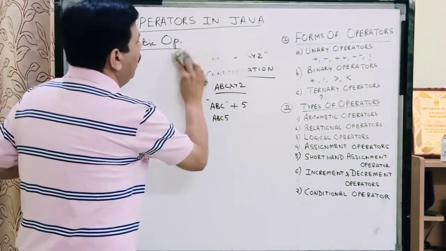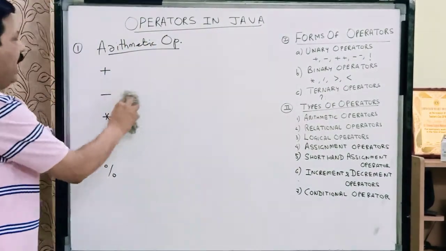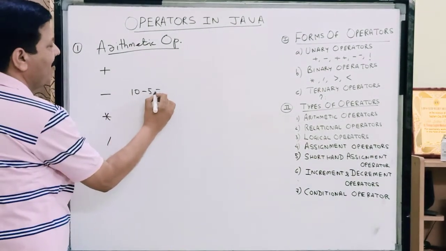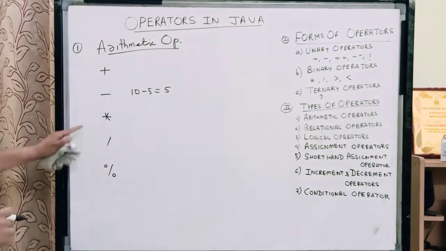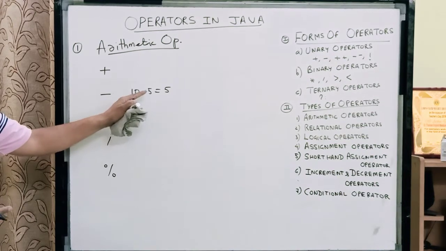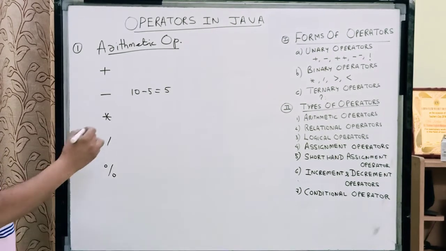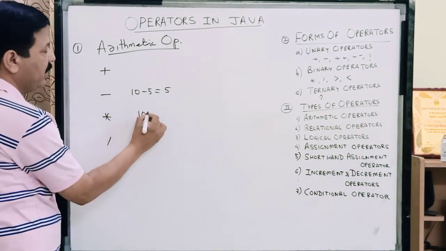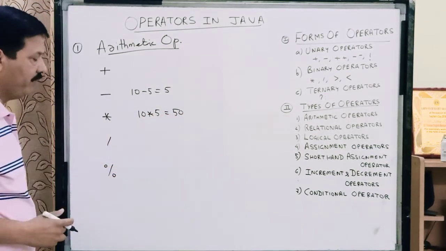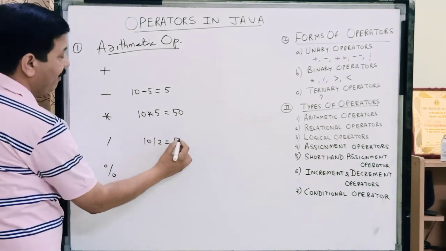Then we have the minus operator. As you all know, the minus operator does the task of subtraction, and it is only used for numeric calculation. Say for example, 10 minus 5, the answer will be 5. So this minus operator is subtracting the second operand from the first operand, and you are getting the result of subtraction. Then in the same way, children, multiplication does the task of multiplication, like 10 into 5, it is going to give you a value 50. Division, 10 divided by 2, is going to give us a value 5.